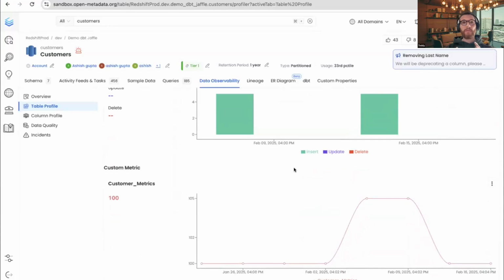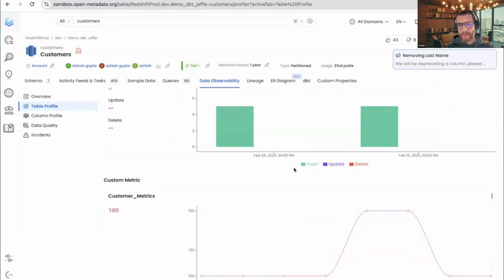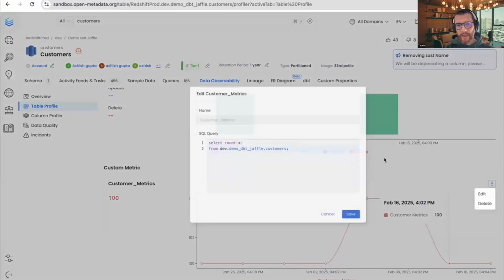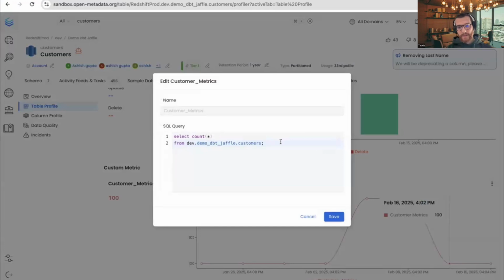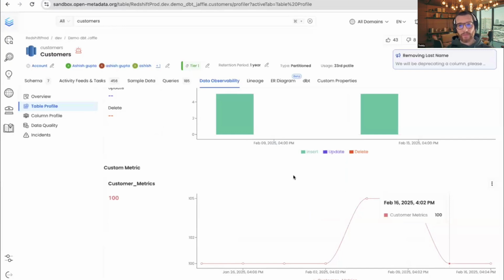And then finally, if there are any custom metrics that one wants to track, we have the ability as a user to go in the platform and define our own custom metrics. And custom metrics are simply scalar queries that are going to return a single value on execution. That allows you to extend the type of information natively provided by the system to include metrics that are important for your use case and for your organization, and to integrate them natively with the tool that your users are going to use and reference